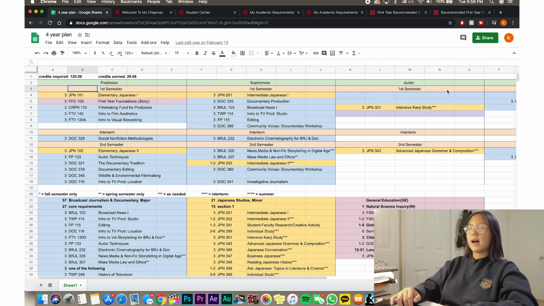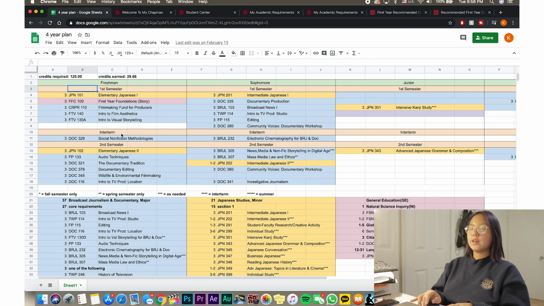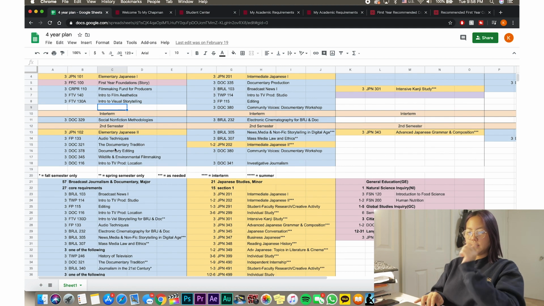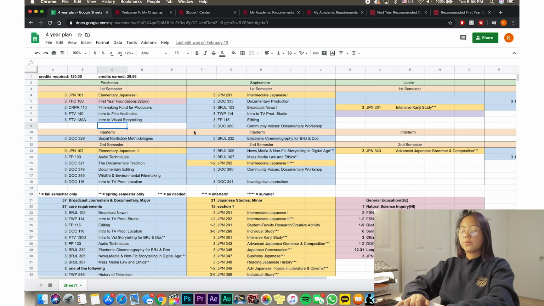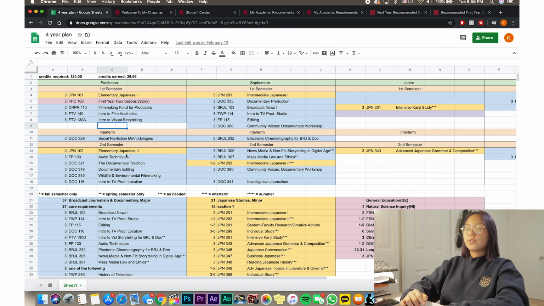For how I split up the classes, I just split it up into years, and then I put the semesters. At Chapman, we have a thing called interterm, so I put in an interterm section, and I put 6 places for the classes for each semester because I plan on taking 6 classes. But it all depends on what you want to do. It's nice to have 6 so that if you want to take an extra class, you can. So that's what I did.